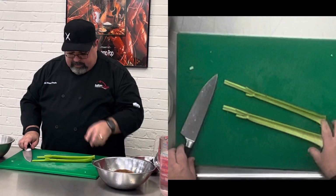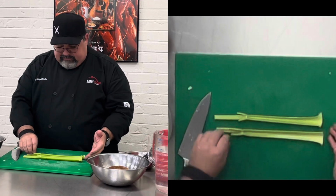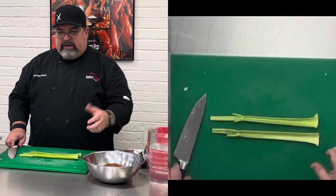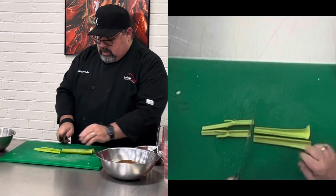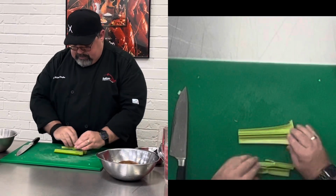All right. So generally what I like to do is, celery is relatively long. I want to get it down to a more manageable size. I'll take it, I'll cut it in half. Okay. Now,